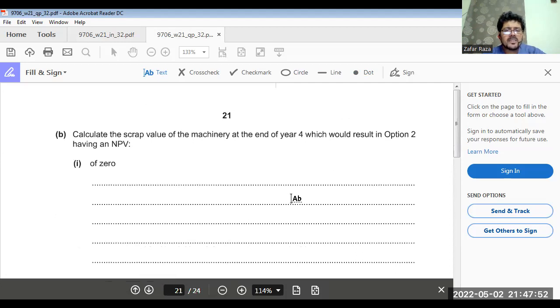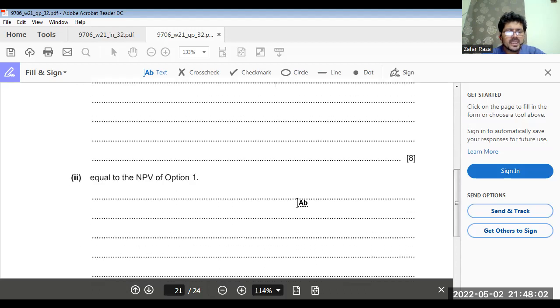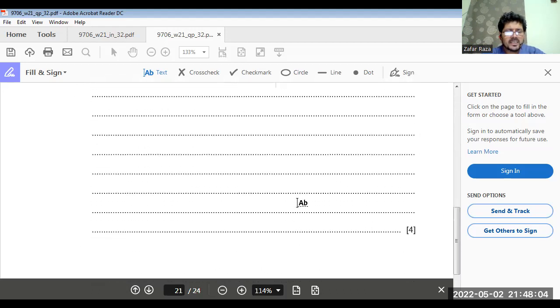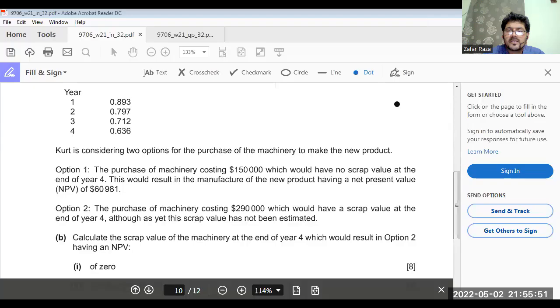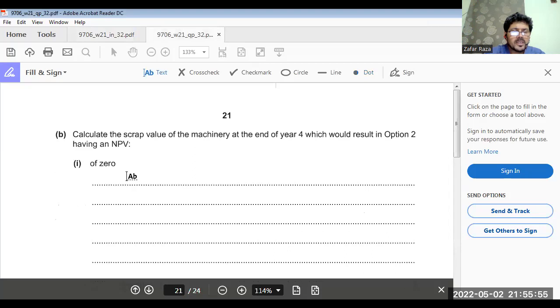Calculate the scrap value of the machinery at the end of year 4, which would result in option 2 having an NPV of 0. Okay, NPV 0. NPV equal to option 1. Okay, there are two ways of doing this question. Now what we have to do, we have to write here